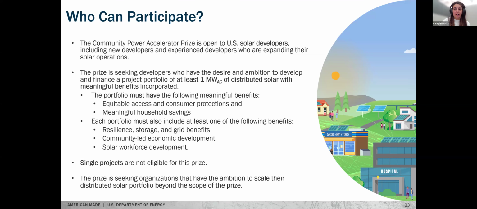So the Community Power Accelerator is open to U.S. solar developers, including new developers, co-developers, and co-developers. We define that as organizations who are partnering with a project developer and those who are expanding their solar operations. The prize is seeking developers who have the desire and ambition to develop a project portfolio of at least